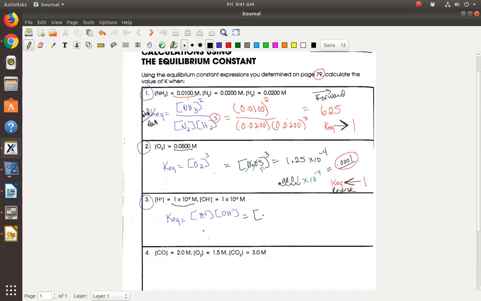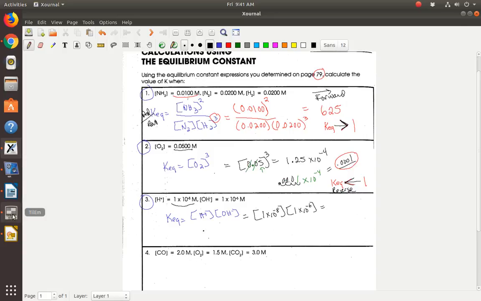It's still a concentration of a reactant, or a product. 1 times 10 to the minus 8, and the concentration of the OH ion is 1 times 10 to the minus 6. So you're going to be dealing with